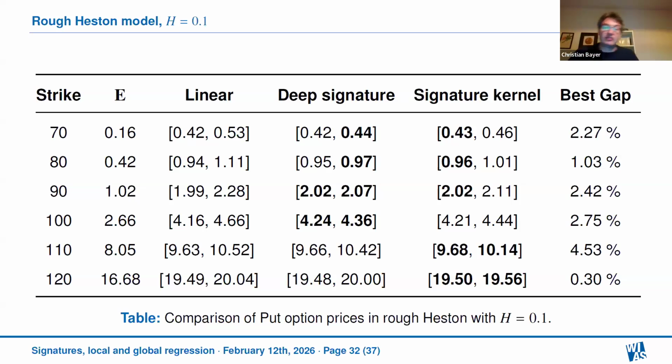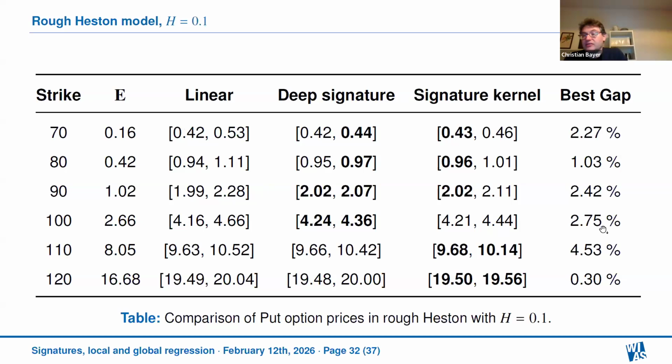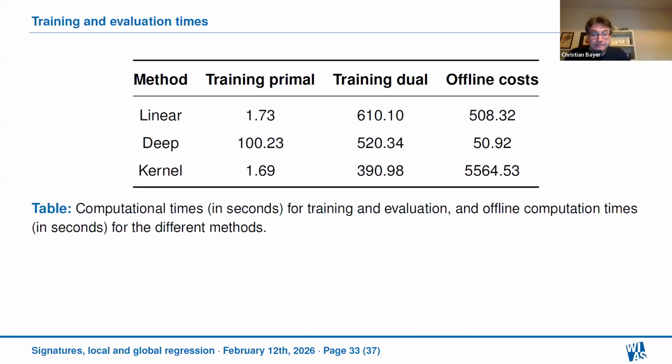And you see that compared to earlier attempts in the literature, for instance, a paper by Goudenège, Molent, and Zanette, I think, we see quite some improvement of the duality gap, but especially in the rough Heston case, you see that in some parameter regimes we are still left with let's say 4% duality gap, so it's still not there, still room for improvement.